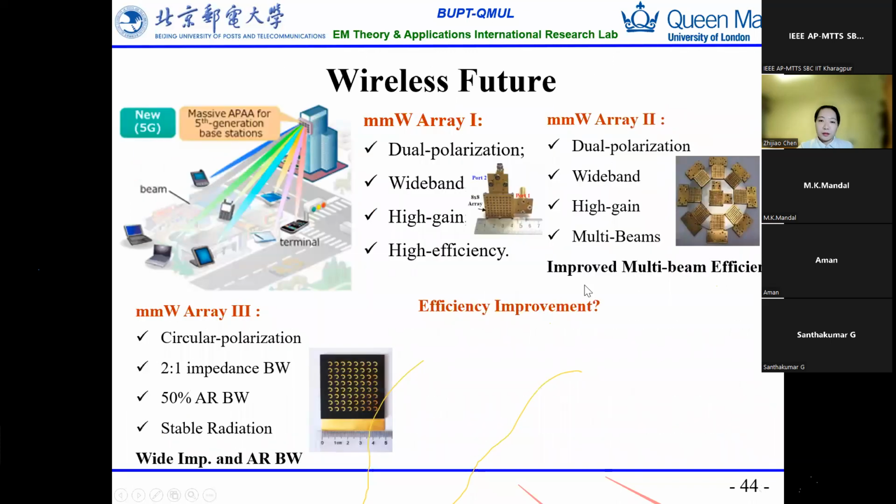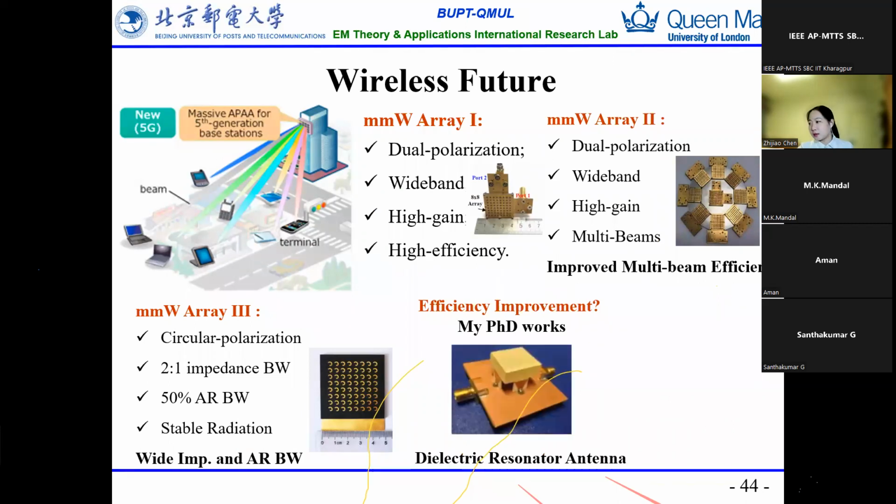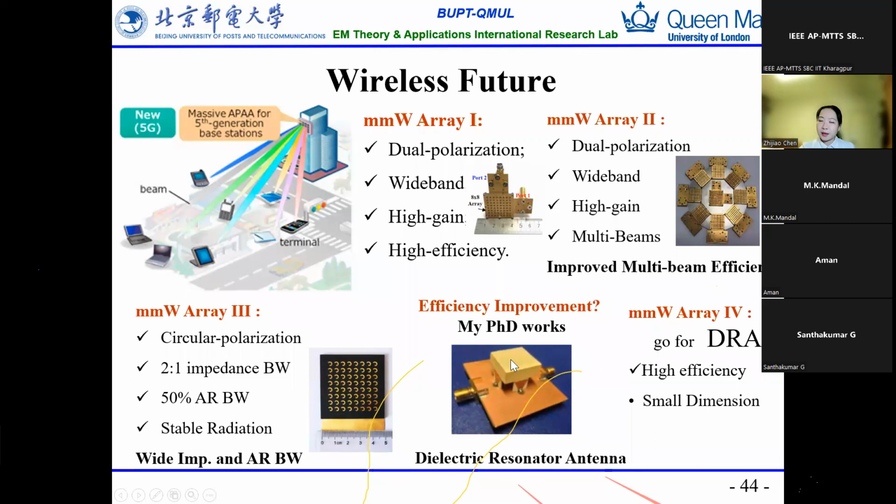So for our next step, I was thinking about how to improve the efficiency. This comes from my PhD work, which is related to the dielectric resonator antenna. If you're interested, you can see the papers for which I won the best paper. So we try to have a very high efficiency. But for this antenna, there is some problem. It cannot